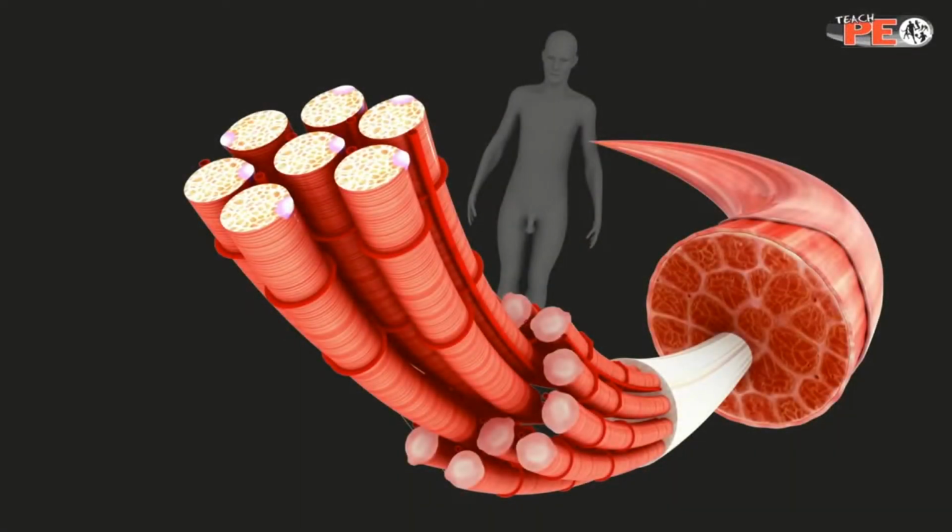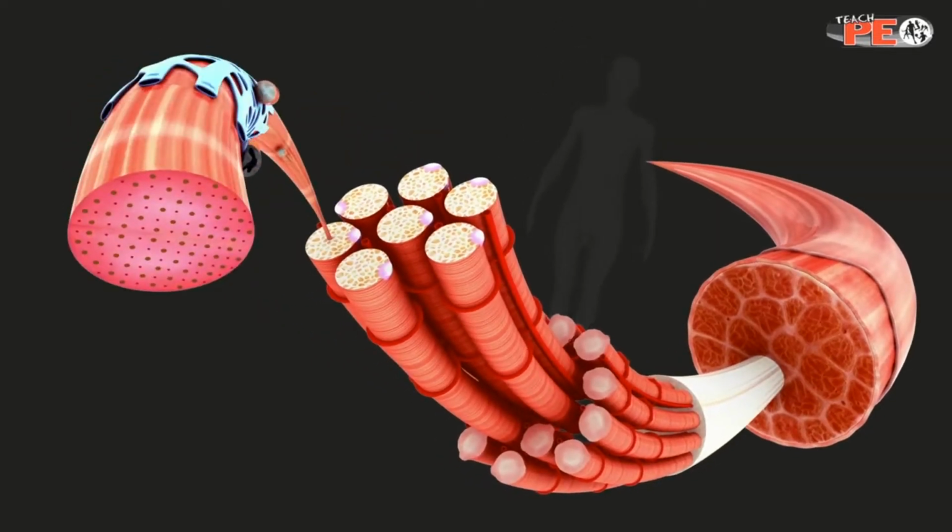in each bundle. Each muscle fiber is also covered in a fibrous connective layer of tissue called the endomysium, which insulates each fiber. Beneath the endomysium is the sarcolemma, which is the muscle fiber's cell membrane, and beneath this is the sarcoplasm. This is a gelatinous fluid which contains glycogen and fats for energy, as well as mitochondria, inside which the cell's energy is produced.